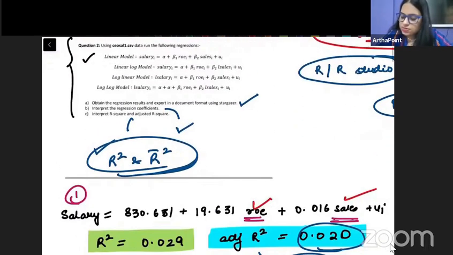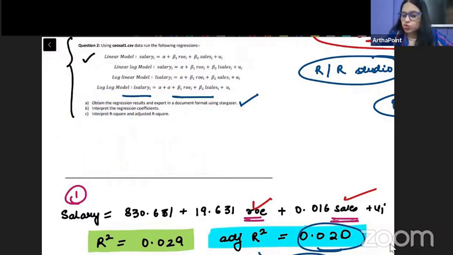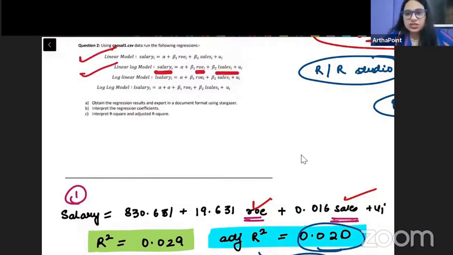So this is your first part: obtain the regression results and export them in a document using Stargazer. And we have also interpreted the regression coefficients and the R square and adjusted R square. Now let me go to the second part. The second part says salary as a function of ROE and log sales. So if I go back to